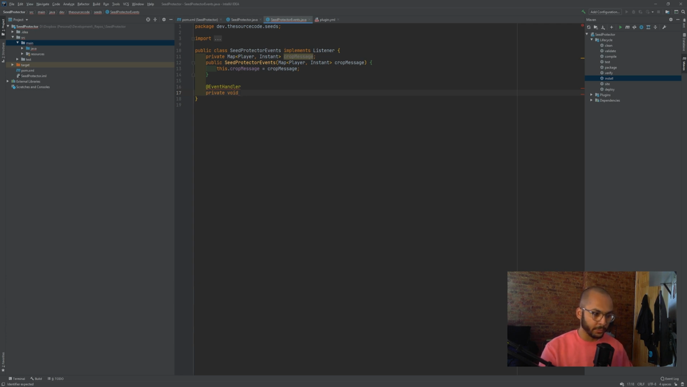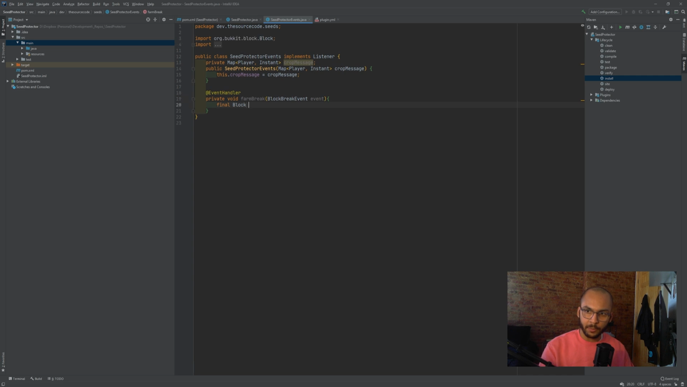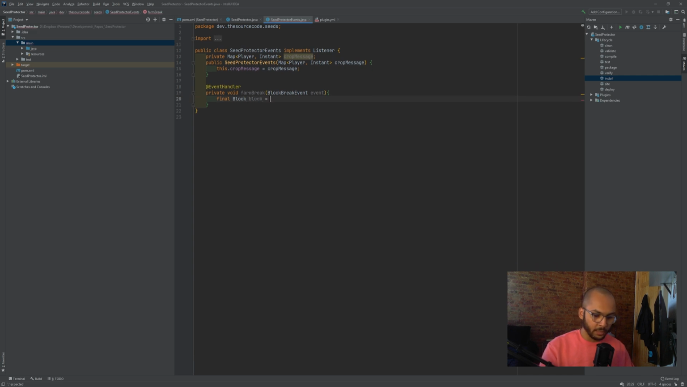And this is super simple. I showed this in my Kingdoms live streams. It's pretty much the same code, but it's just going to be in this video now. So this is going to be a block break event. We're going to go ahead and say final Block block equals event.getBlock, not player. That's our next one. Now we're going to say final Player